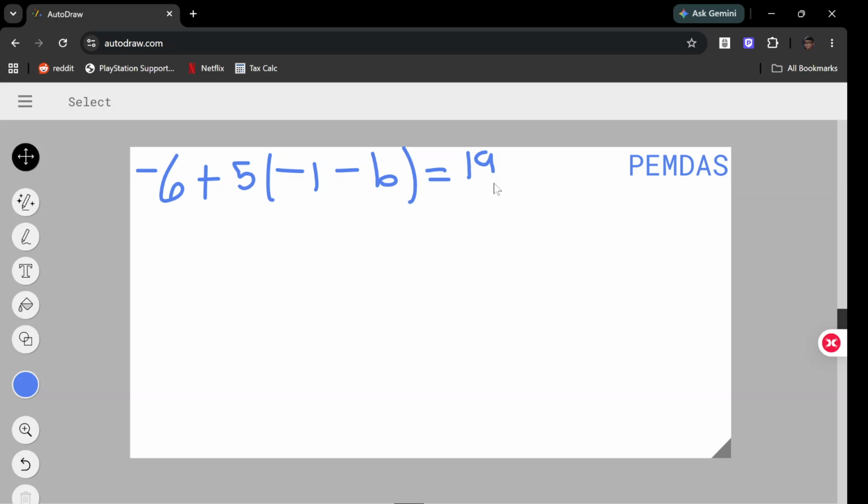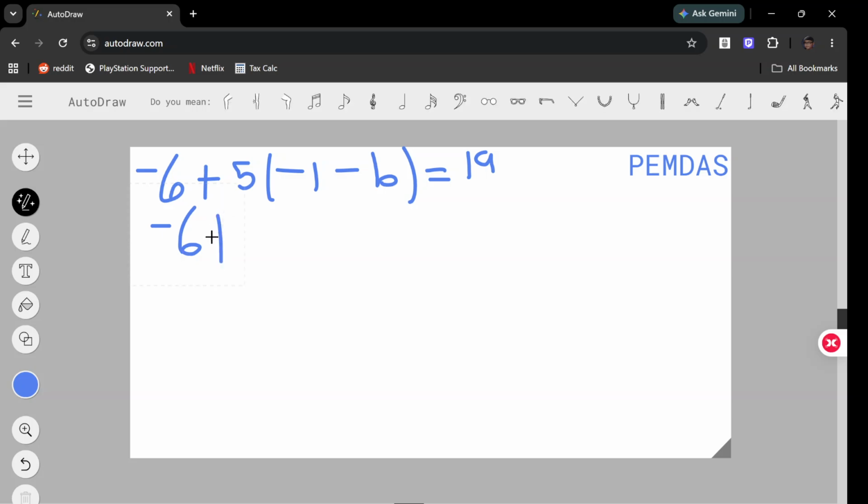Okay. So first, I want you guys to think about what you should do first. You might think to start adding these two numbers over here, the like terms, -6 and 5, but we cannot do that. The reason why is because this 5 is technically being multiplied to this parentheses. So we see by PEMDAS that multiplication is before addition. So we gotta multiply this first. Let's do that. So we do -6 plus 5 times -1. That becomes -5